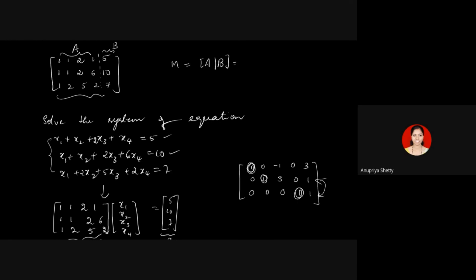What is an augmented matrix? I write the matrix A as one block, and I combine B as the second block. That is precisely this matrix, right? And solving Ax equal to B is the same as solving A' x equal to B', where [A' | B'] is the matrix that you get after applying row operations on the matrix [A | B].